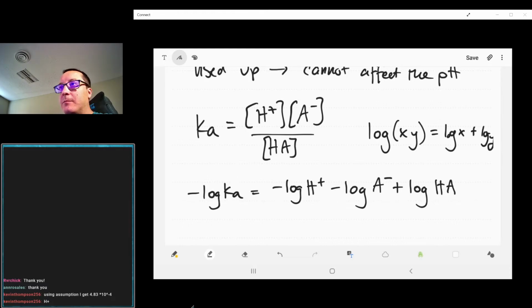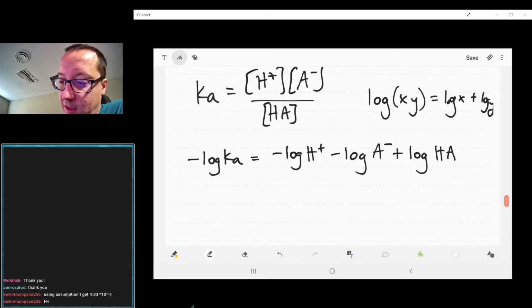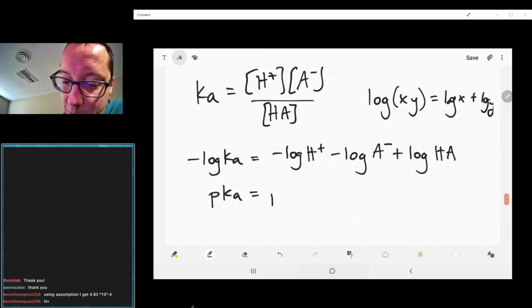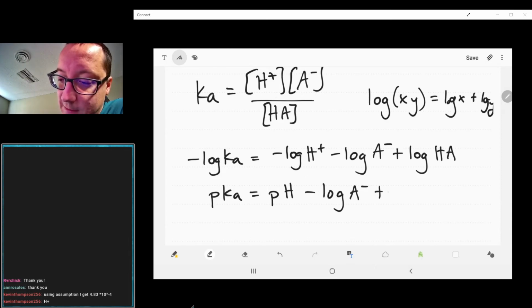If we go ahead and substitute these, we say pKa equals pH minus log A minus plus log HA,